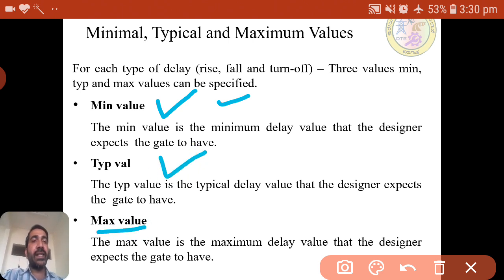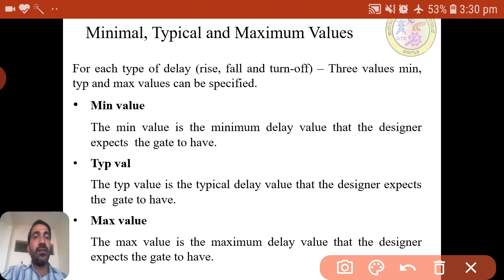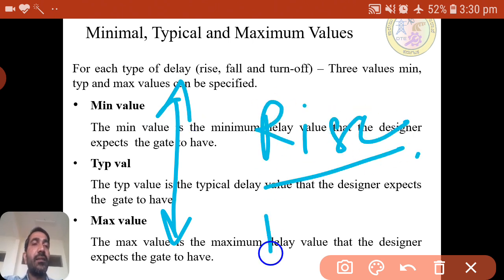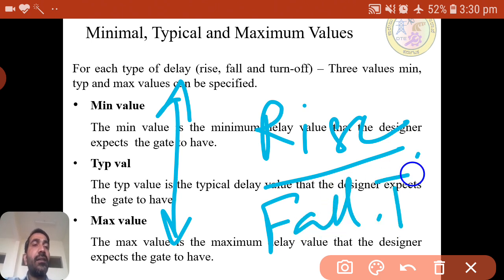The typical means moderate, we call it the moderate value. One more is the max value, that is the maximum delay value that the designer expects the gate to have. For a particular gate, while designing they will mention the maximum delay should be this one, so we call that a max value. Similarly, all 3 values, minimum, typical and maximum, we can give for individual rise, fall and turn off.